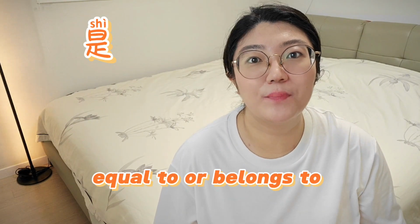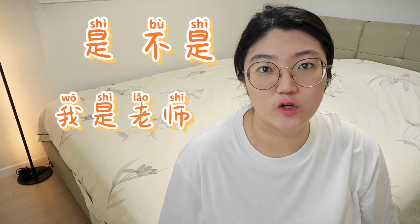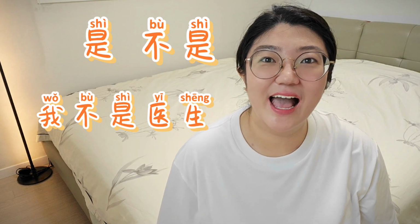Next set of expressions is related to the Chinese character 是. A 是 sentence is a determinative sentence that uses 是 to indicate what someone or something is equal to or belongs to. So to form a negative sentence, simply add the negative adverb 不 before 是 and becomes 不是. For example, you could say 我是老师 to mean I am a teacher, or 我不是医生 to mean I am not a